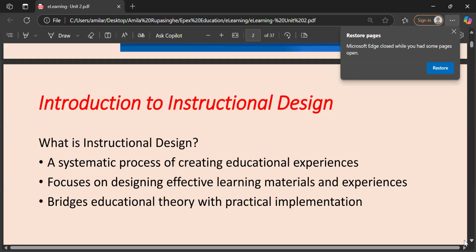Through instructional design, you bridge theory with practical implementation. You write a lesson plan, you have your teacher's guidebook, teacher instructional manual, or other reference books.